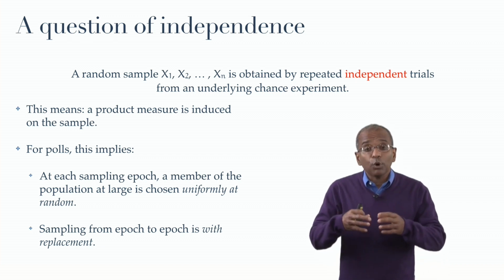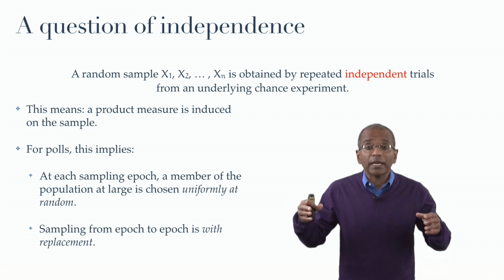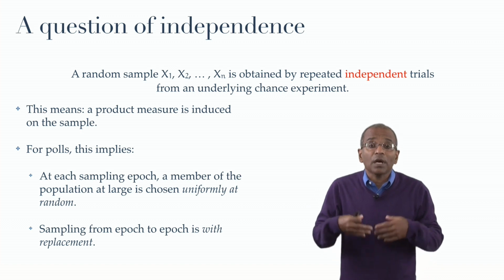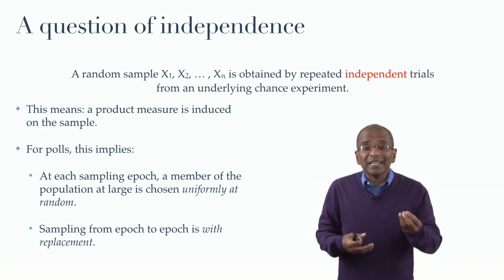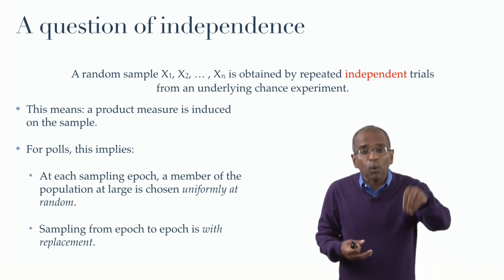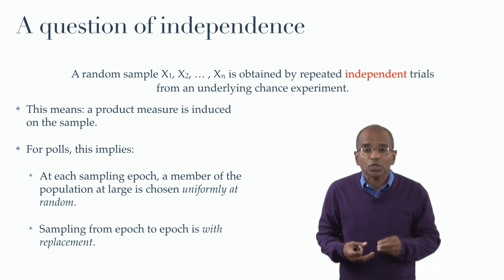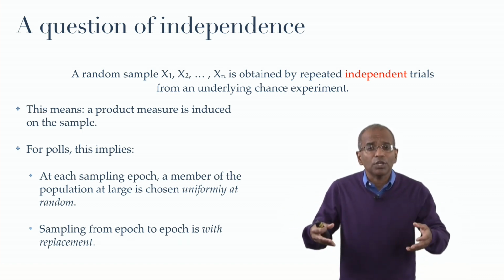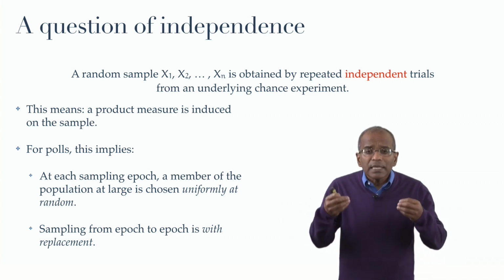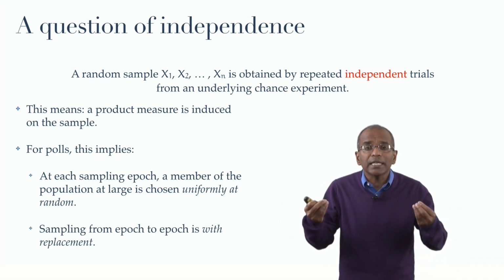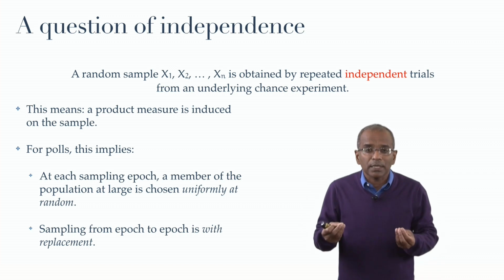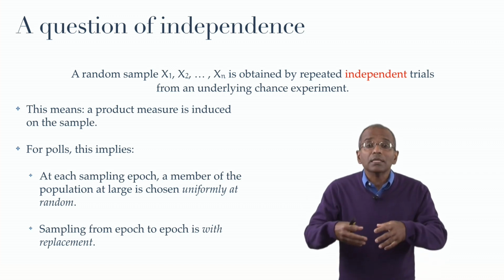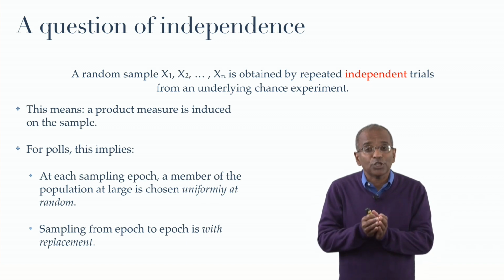Now, admittedly, when populations are large, this effect becomes vanishingly small. Say if a population has a size of 100 million, then it makes little matter whether one member is replaced or not, especially in the context of relatively small samples of hundreds or thousands. But this is an important guiding principle to be kept in mind. Sampling has to be done with replacement and uniformly from the entire population.